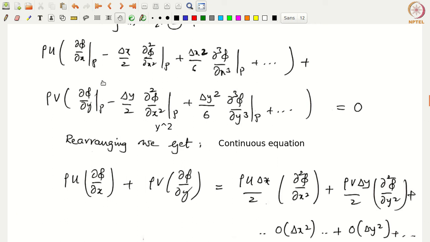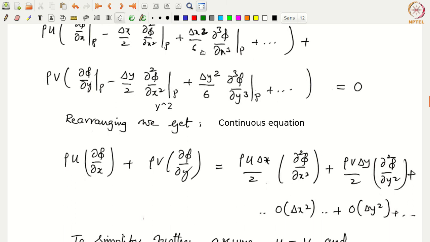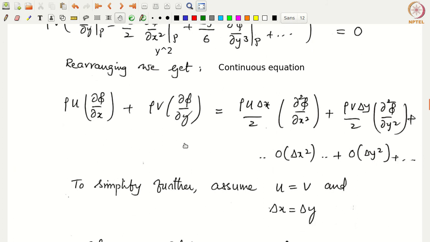That would be rho u delta x by 2 times partial square phi by partial x square plus rho v delta y by 2 partial square phi by partial y square, plus order delta x square plus order delta y square and so on, right? So we get many of these terms. So we now have an equation which is actually the modified equation,